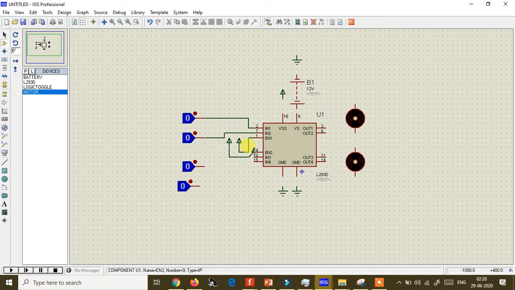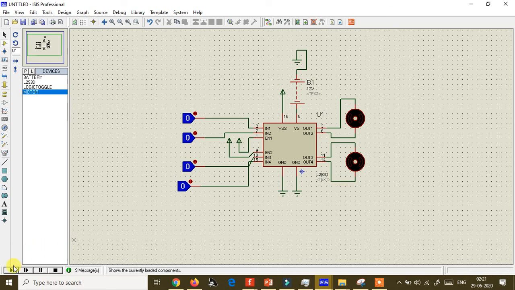As I have already explained the working, I'll not explain it here once again. And now I'll simulate this.